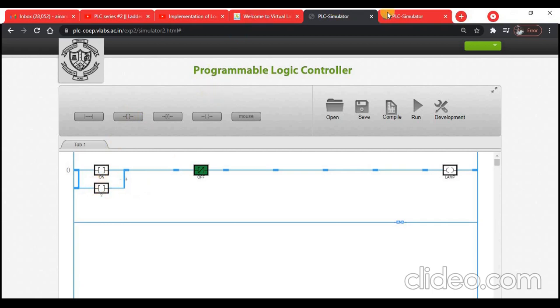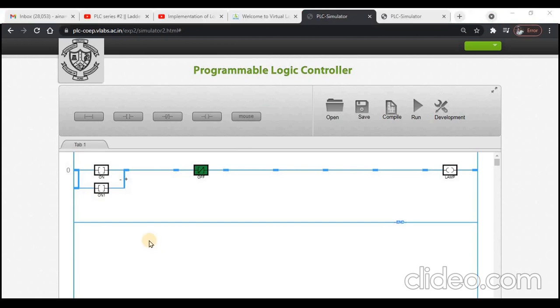Now put this as a different name. So we will continue from this.